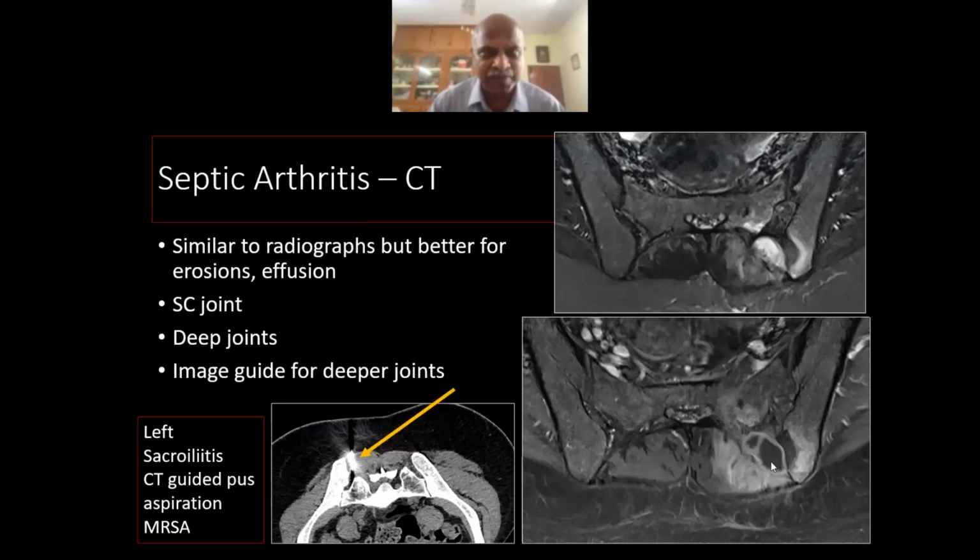So this is an example here of left sacroiliitis, a young woman who presented with fever and sudden onset gluteal region pain. We have done dedicated SI joint imaging because there was a clinical suspicion of sacroiliitis. And what you can see is marrow edema that shows enhancement in both the sacral and the iliac aspect of the SI joint, along with a periarticular abscess. And we've used CT to aspirate this and drain out this abscess, and this ended up being an MRSA septic